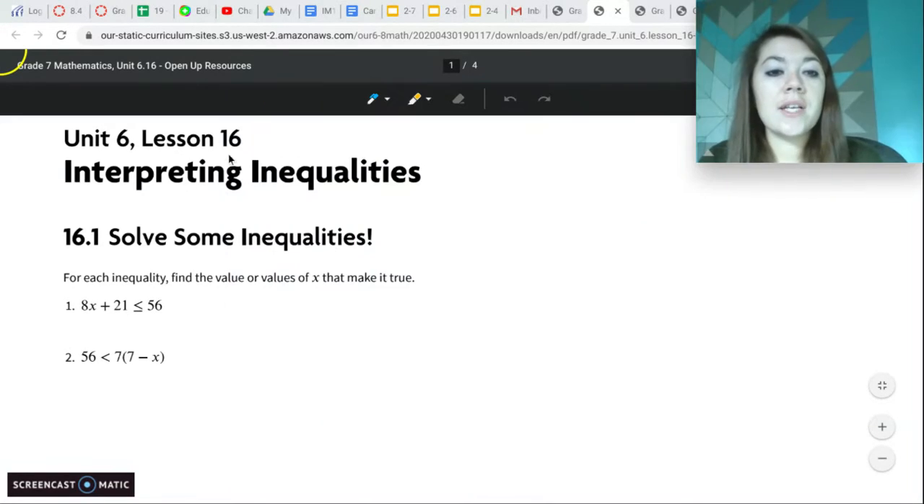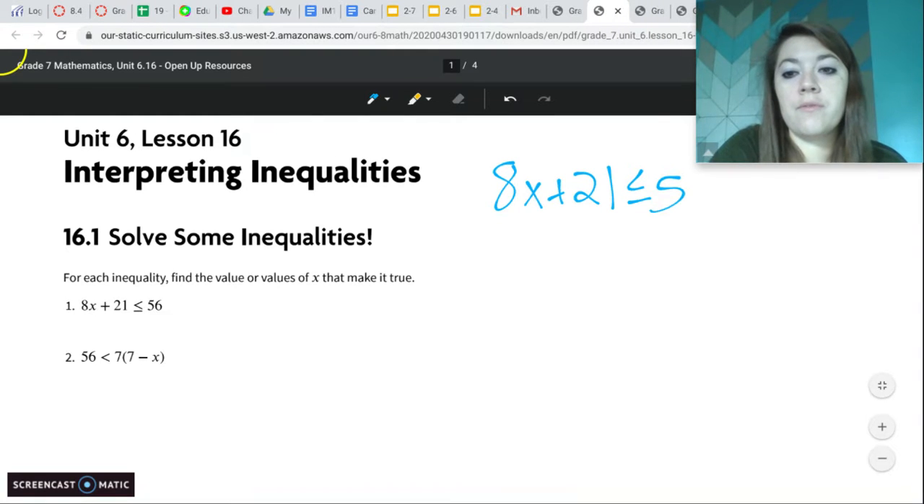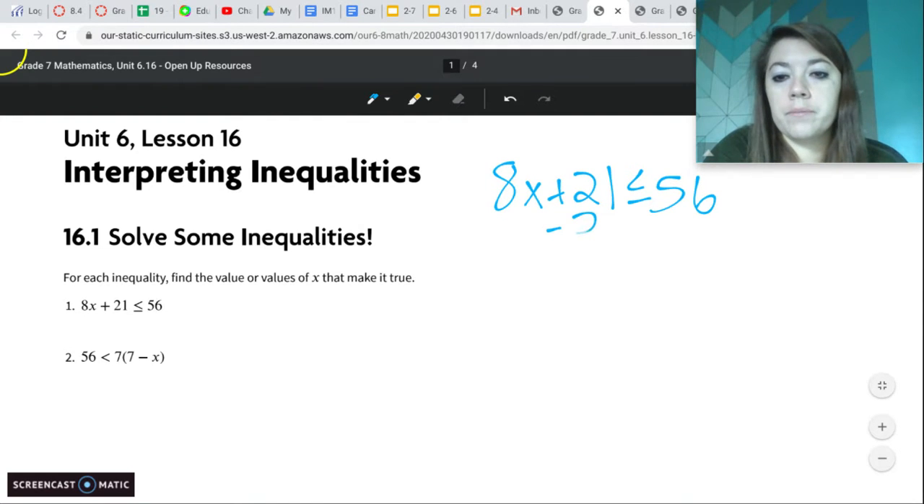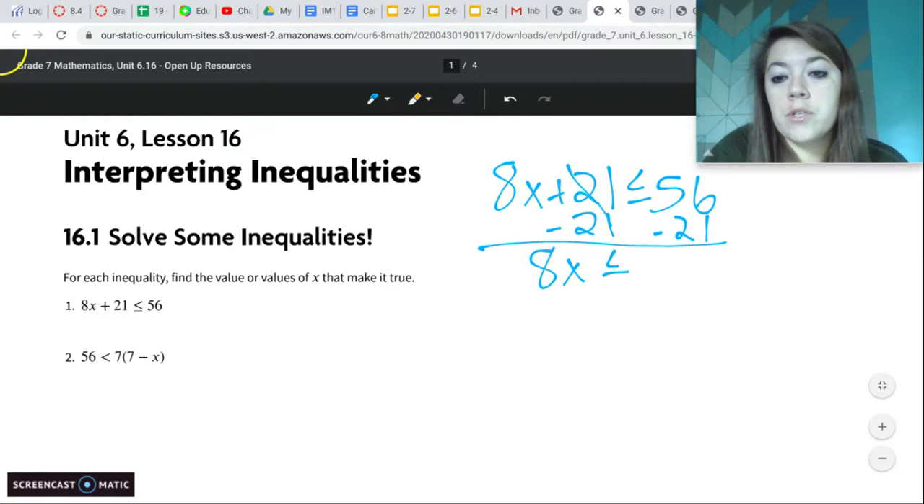All right. So for lesson 16, we want to solve some inequalities. For each inequality, find the value or values of x that make it true. So we have 8x plus 21 is less than or equal to 56. So the first thing we need to do is we can think about this as just a regular equation. We need to subtract the 21 because our goal is to get the x by itself. So now we have 8x is less than or equal to 56 minus 21, which is going to give us